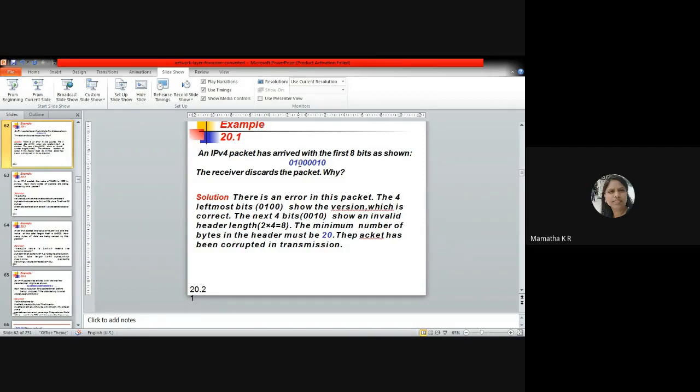Then we say the packet is corrupted, and the receiver can discard the packet. Is it clear now? Okay, you have understood this concept. Okay, so the first 4 bits indicate the type of the... you can see here.